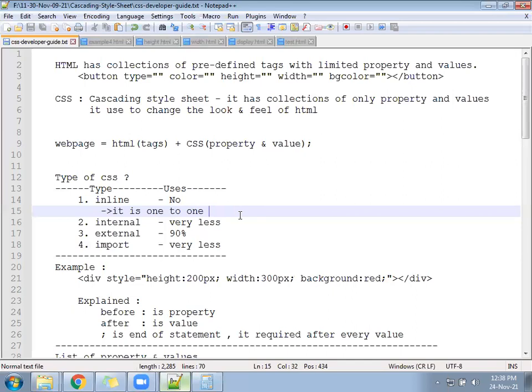You will not ask why H1 is H1 only. You will ask, okay, where to use H1? That is a positive question. Why is H1 H1 only? That is called a negative question. I said, okay, in the last 12 years, I found the first person who asked why H1 is H1 only.